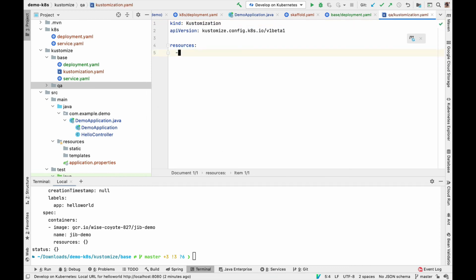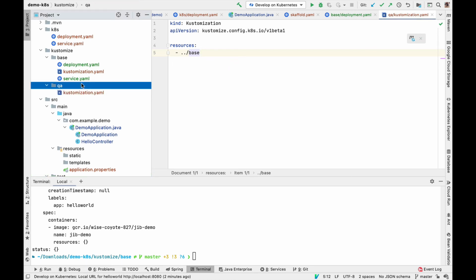And rather than explicitly stating which files I want to customize, I can just customize the base. So this is almost like inheriting the base configurations. But in my QA environment, I want to apply some changes, and these are patch files I can add that will then be merged with the base file to make these different configurations.